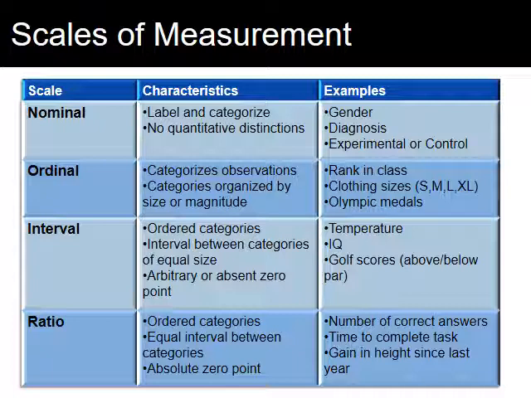Interval and ratio scales are very similar. Interval and ratio both involve ordered categories with equal intervals between the categories. The difference being, for the ratio scale, that there's an absolute 0 point. There's the possibility of there being nothing of something, right? An absence of something. In a ratio scale, we can measure the distance from 0 to some point, right? So example of